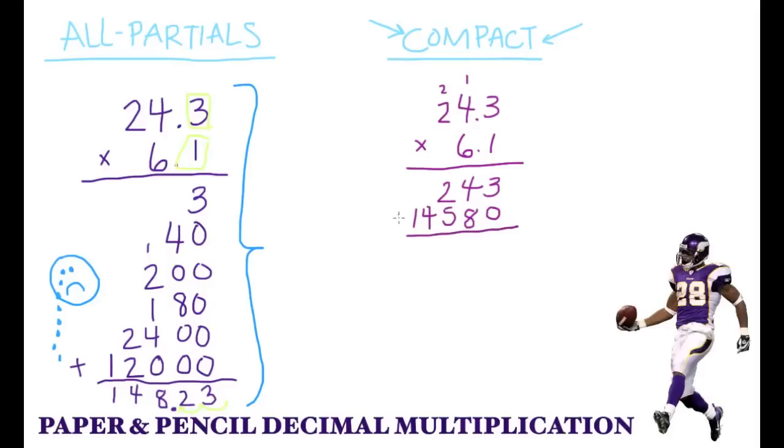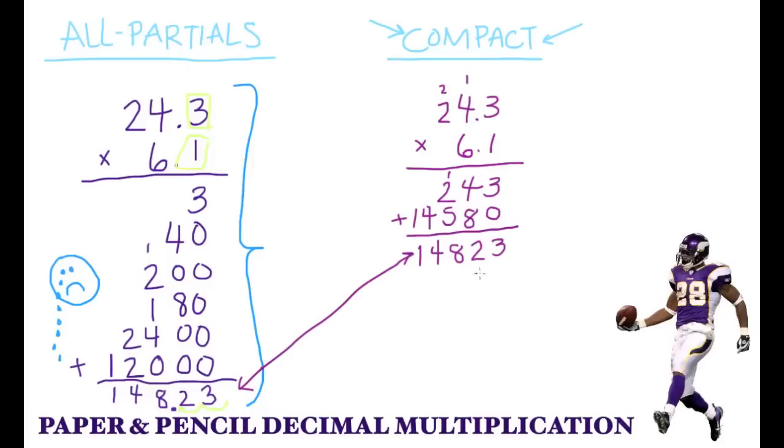Now, I just add those up. 3 plus 0 is 3. 4 plus 8 is 12. Put down the 2, carry the 1. 1 plus 2 is 3, plus 5 is 8. 4 plus nothing is 4. 1 plus nothing is 1. Now look, I ended up with the same numbers, but of course, about 24 times about 6 is not going